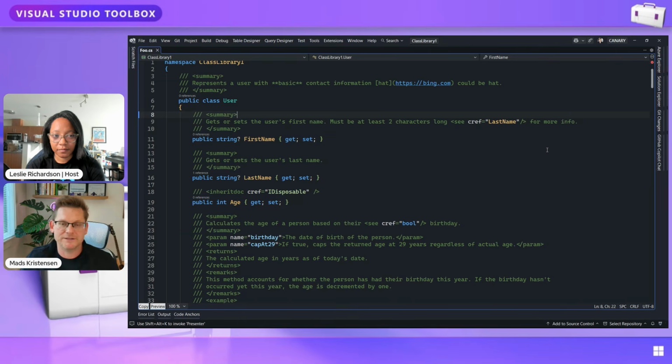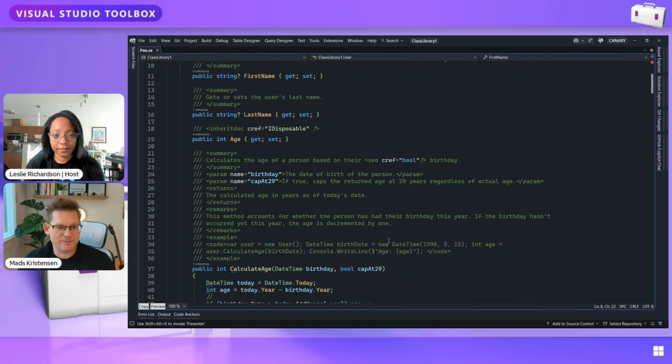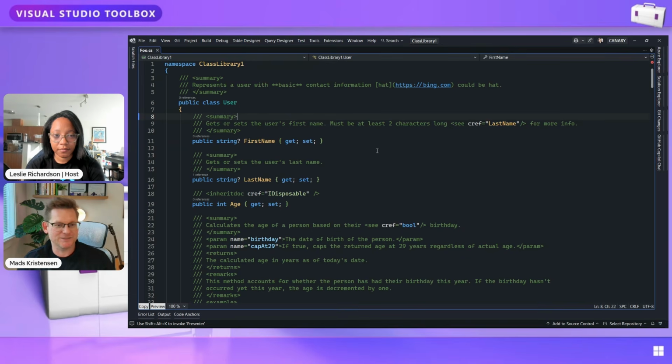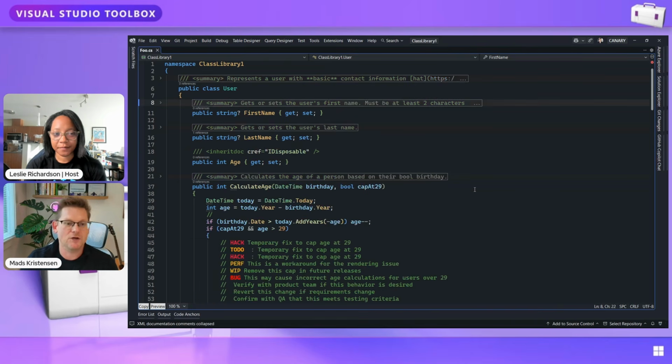We read them, we write them, and so one of the things we do, of course, in C# and other languages is these XML doc comments. But they can get pretty big and take up a lot of space. So this is a whole screen just full of comments, and I just have 3 properties, right? But all I see is these comments pretty much. So it would be nice if I could just collapse all comments like that.